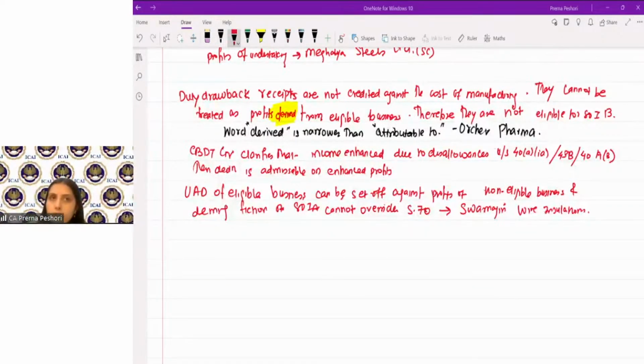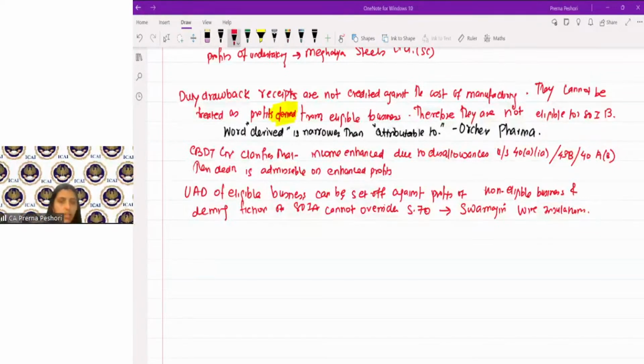So these are the case laws that were mentioned in your module. Now, a few more things with respect to the ATIA and all of these deductions. As I said, the set-off of the losses from the non-eligible undertaking can be adjusted while determining the profits of the eligible business. So in that particular case, what you have to keep in mind.